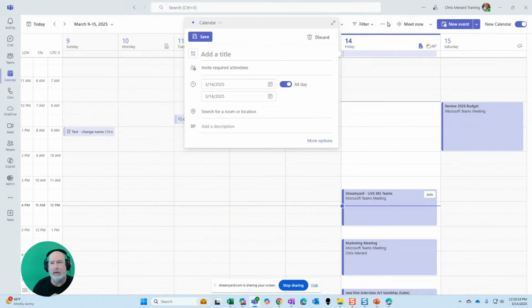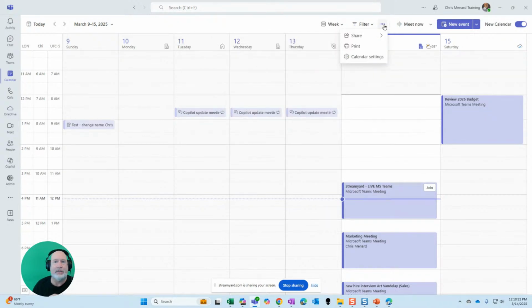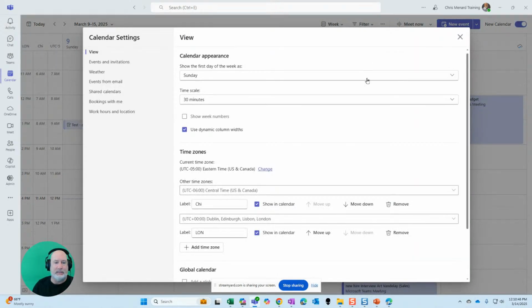Keep on going from here. I've got a drop down arrow here. If you notice in this calendar, I have 3 time zones going. For my users that are in the Outlook Classic desktop calendar, 3 time zones is the max. But with this new Teams calendar, which mimics the M365 Outlook on the web calendar, if I go to calendar settings, I'm under view,